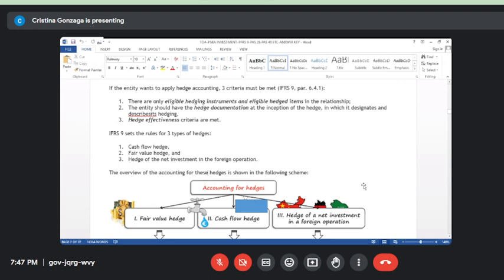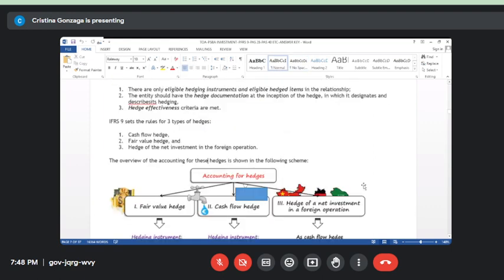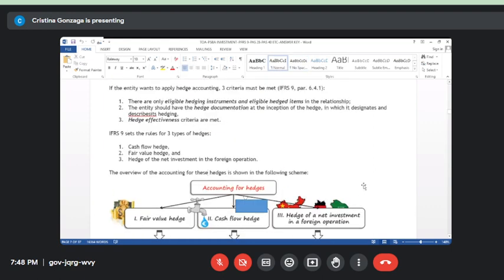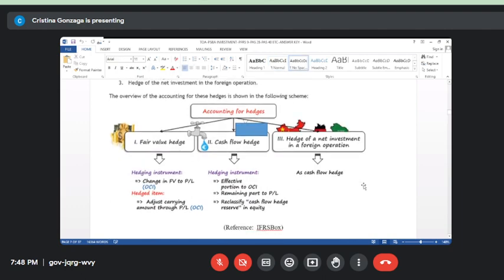There are three types of hedges: cash flow hedge, fair value hedge, and hedge of the net investment in a foreign operation or offshore operation. Di ba? So ano ba ang difference ng fair value hedge sa cash flow hedge? Ano yung hedge of a net investment in a foreign operation? That's the reason why, ayan. So pag-aralan itong